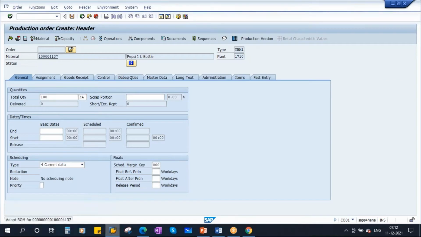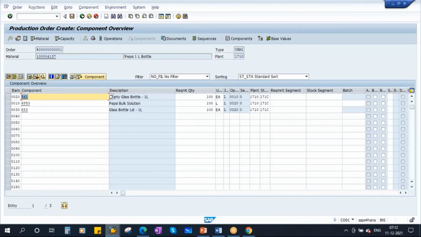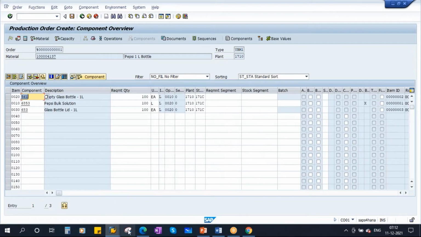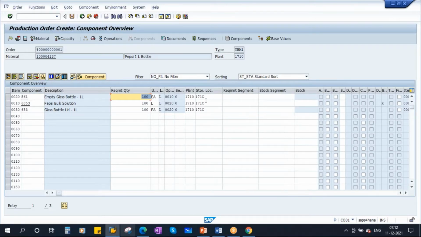Enter. The moment I enter, if you go to components and observe carefully, there is a storage location proposed here. By default, this is the component description, quantity required, and if you see here, there is a column, storage location, and the system is proposing the storage location automatically.